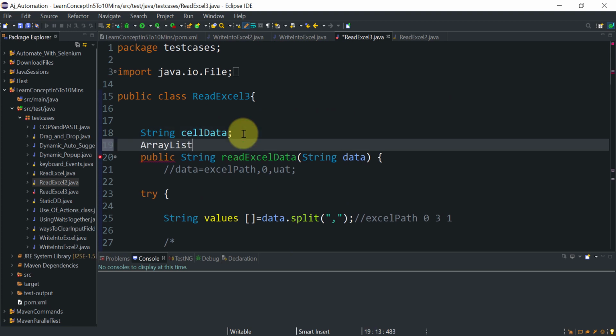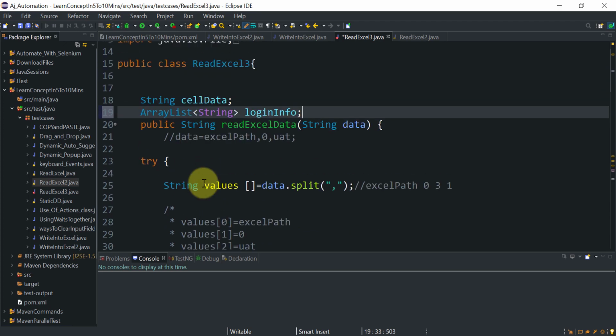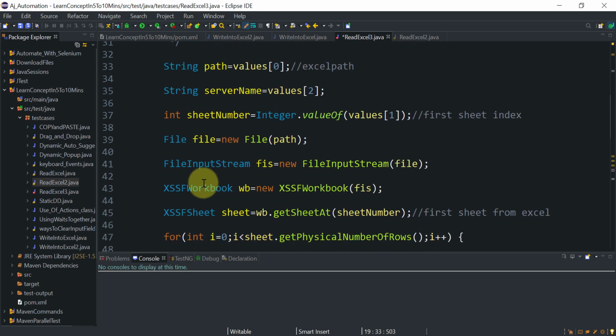It will contain strings, ArrayList of String, let's say loginInfo. This is my array list reference, and I need to create an object for this array list first.